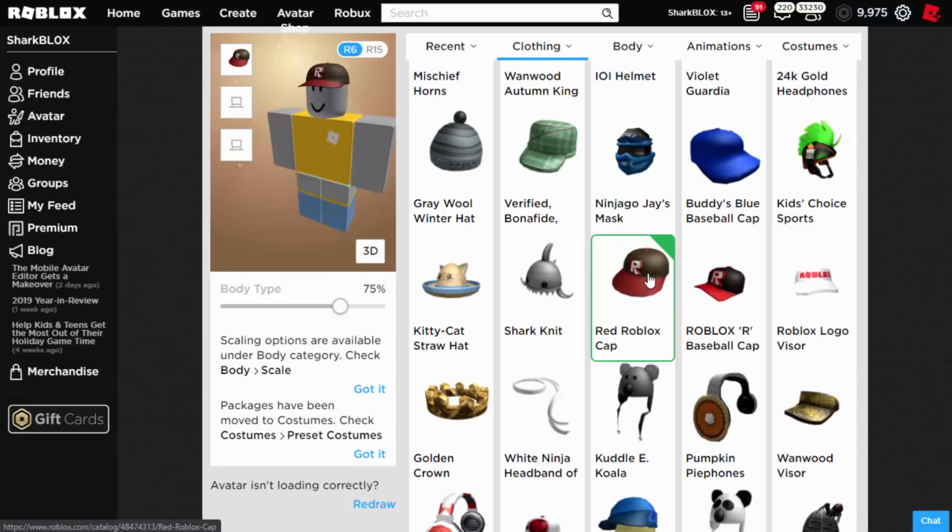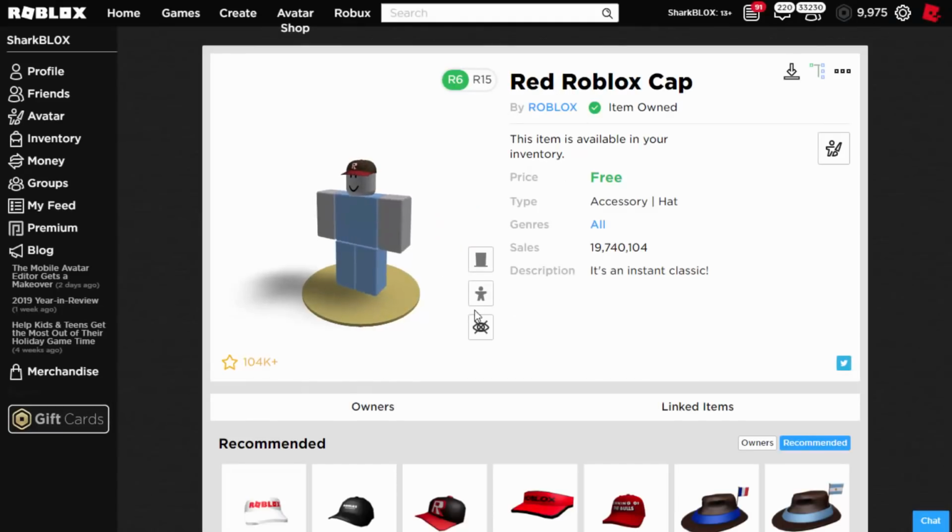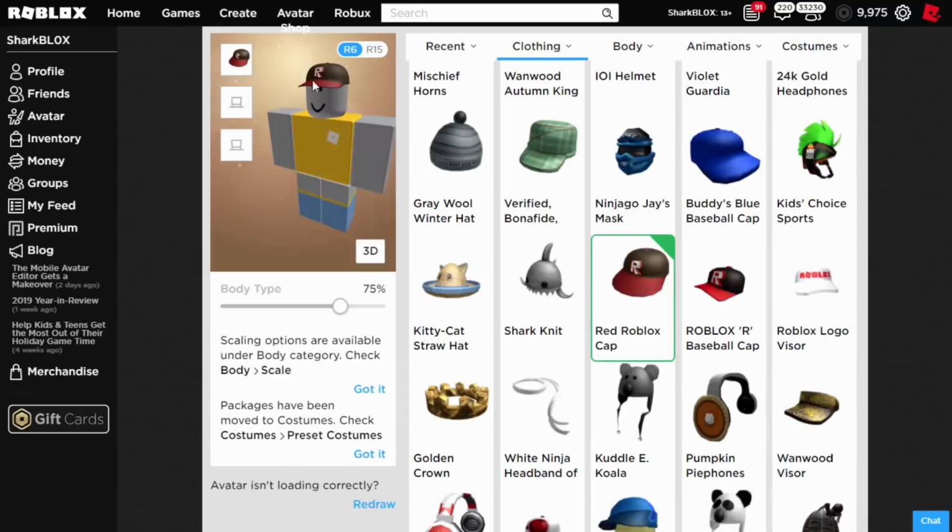There it is. The red Roblox Cap. If you guys want to get this, go over to the catalog and type that in and get it while it's free. Nearly 20 million sales. That is crazy. As you guys can see, there is a bit of a problem with our avatar,